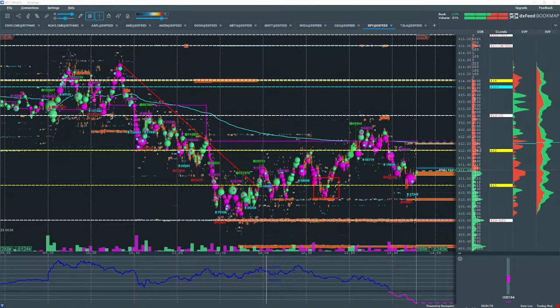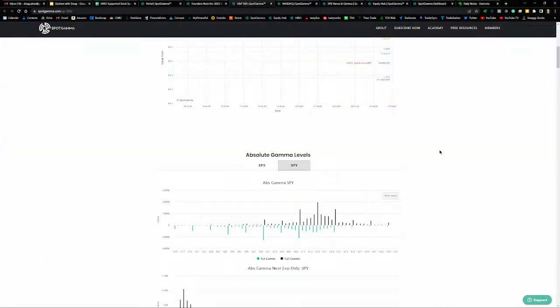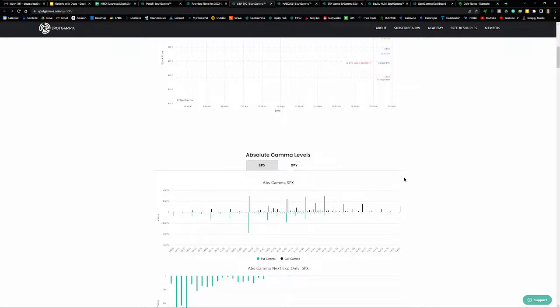And let's take a look at the gamma charts now. So these are the absolute gamma charts, and this will clarify what I'm looking at. This is market makers' gamma position, gamma levels. The zero line is shown here, and above that's positive gamma or call gamma shown with the black lines, and below that's put gamma or negative gamma shown with the teal lines.